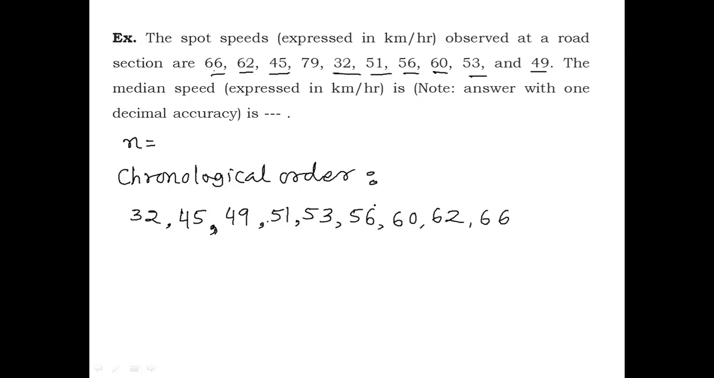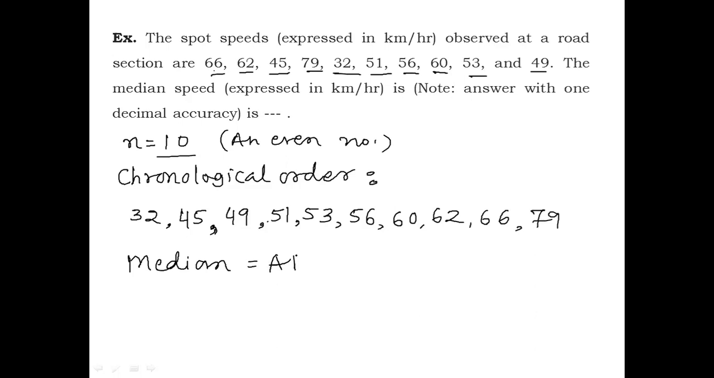And I have missed one observation, which is that the last one is 79. Okay, these are n is equal to 10 observations. So this is an even number. In this case, the formula of median, in case of even, is the arithmetic mean of